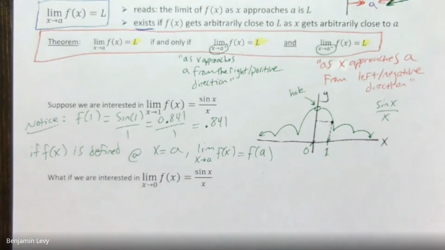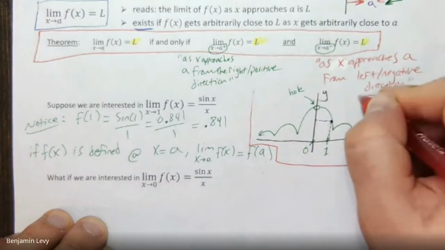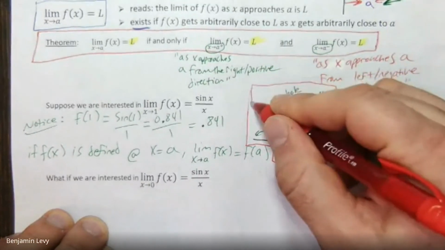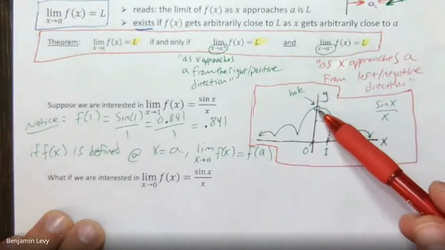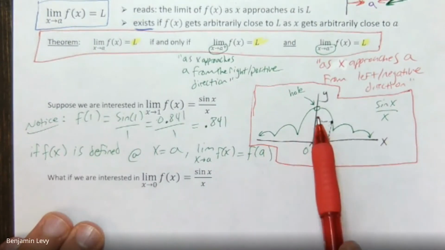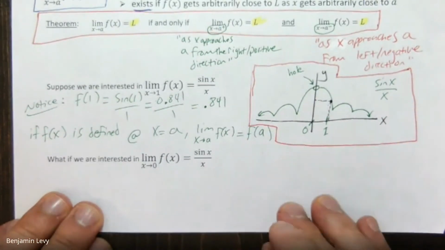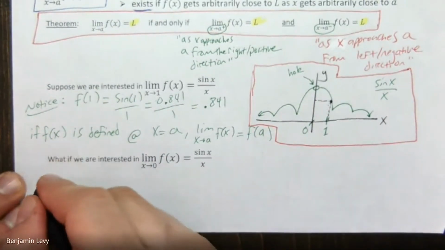But you can't always plug numbers in, right? So we already said, if we looked at this graph here, let me try boxing it in. It's starting to get crowded in here. There's a hole at 0. So if we wanted to look at the second limit at 0, you can't actually plug that value in. And I want to be very clear about that. You should always try to plug the value in. But notice on this one,